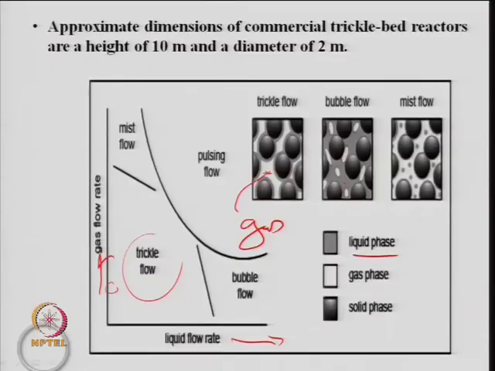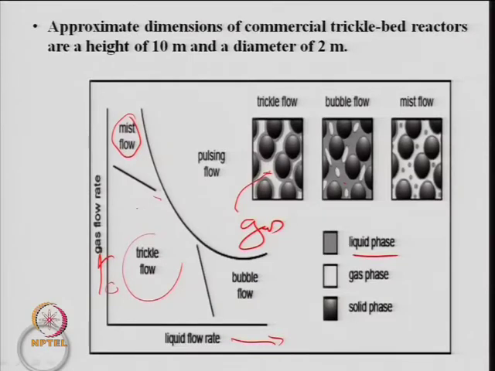So, you will have a flow where you have more gas and low liquid, but when you have a higher flow rate, your liquid covers the surface. So, this becomes a kind of bubble flow, and so on. And when your gas flow rate is very high, then liquid will come in the form of small droplets, a mist flow, just like cloud droplets or fog you see. Depending upon the flow regime, when the gas flow rate is very high and liquid flow rate is low, you get a mist type of flow. It is now not covering the surface of the solid; rather the liquid has come in the form of droplets.